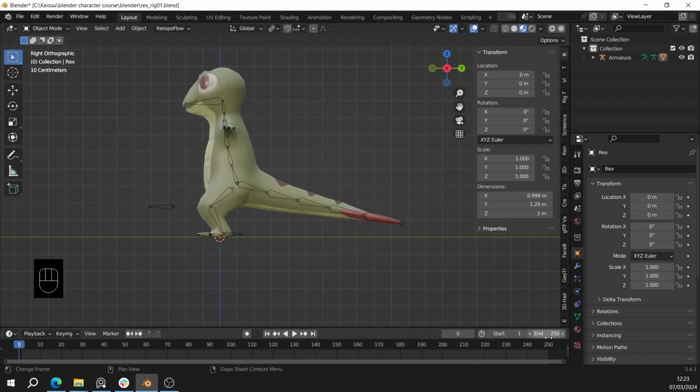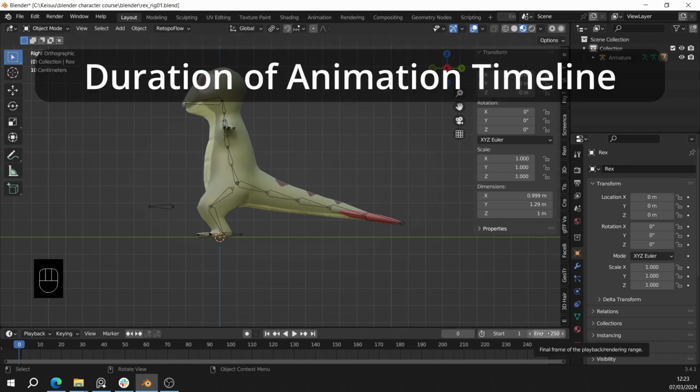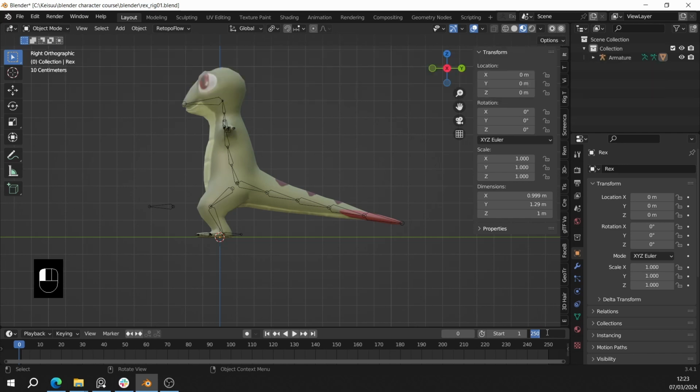So let's say we have to first set the frame rate, or rather, the duration. Since this will be a simple animation, I will set the duration of the animation to 60 frames. So I put 60 frames here, and then what we are going to do right now is